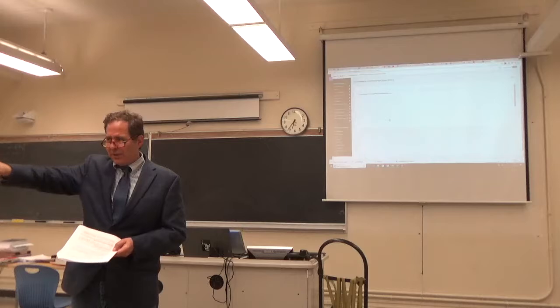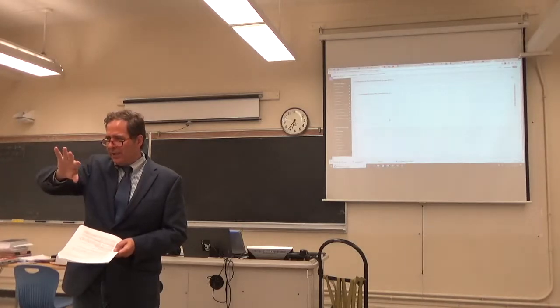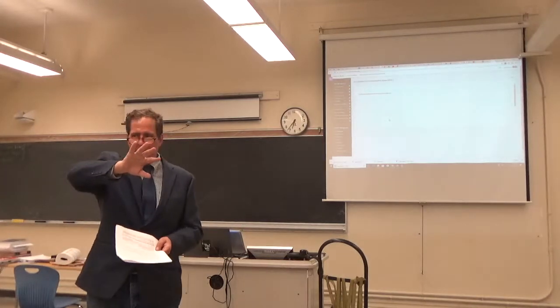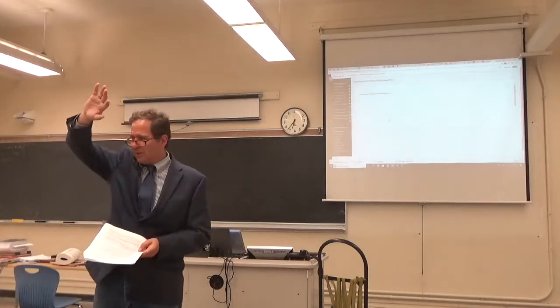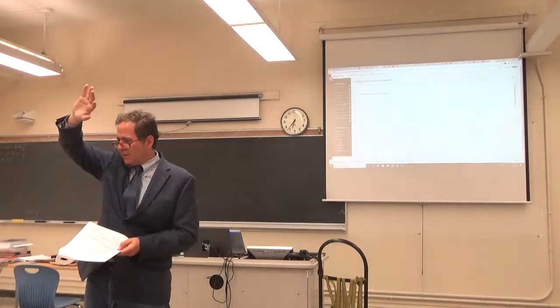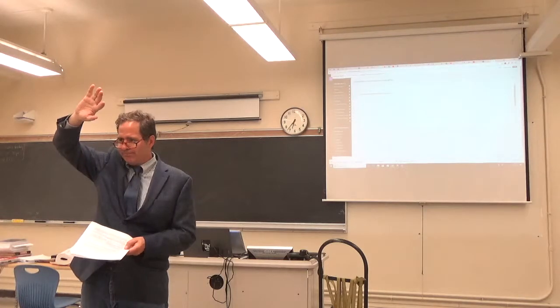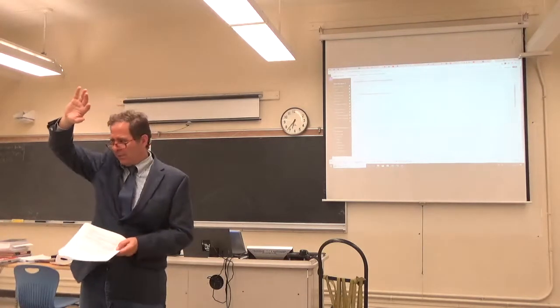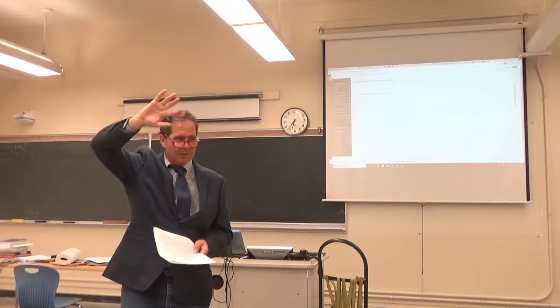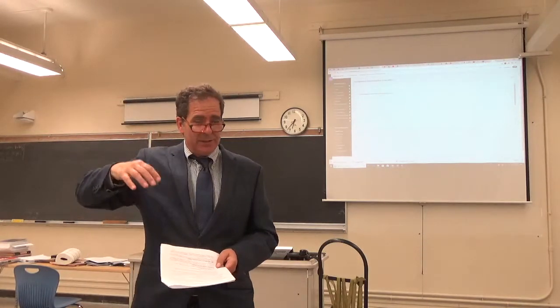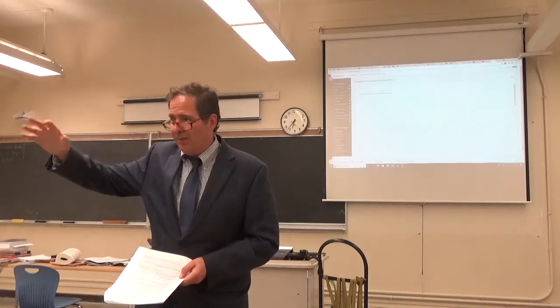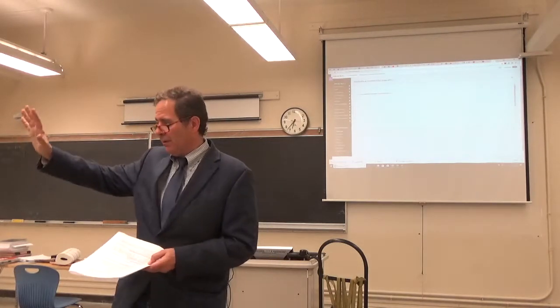So if the base inventory is 10 million square feet and the available space is 1 million square feet, then the vacancy rate is what? 10%. Got it. It's 10%. And if the vacancy rate falls below 10%, the rents are going to grow above the local inflation rate. So here in the Bay Area,